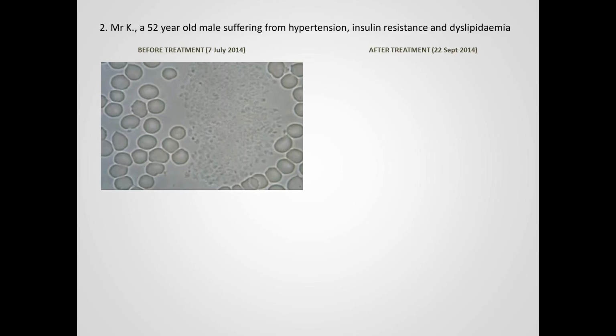Okay, so in this example we have a 52-year-old male suffering from hypertension, insulin resistance, and dyslipidemia. Very interesting picture on the right there, the live blood example. We can see the sort of grayish structure towards the center of the image. That's actually a group of platelets or thrombocytes. Thrombocyte aggregation is a very important risk factor in